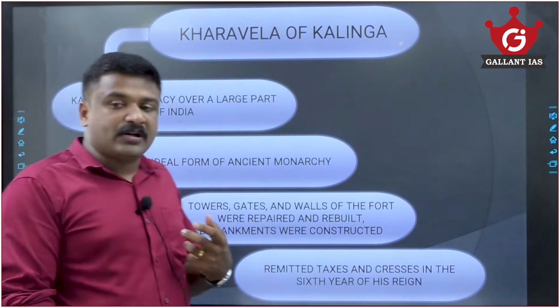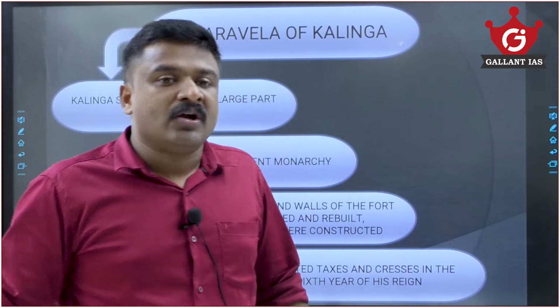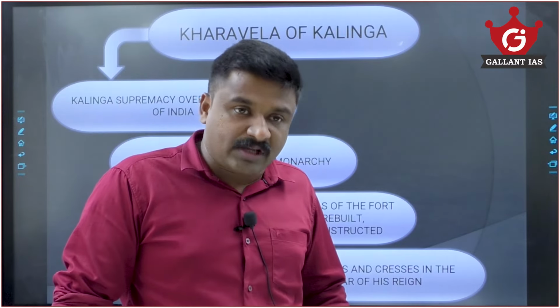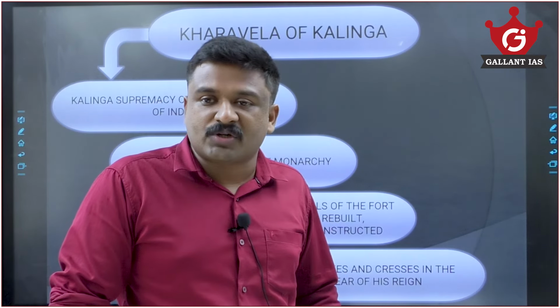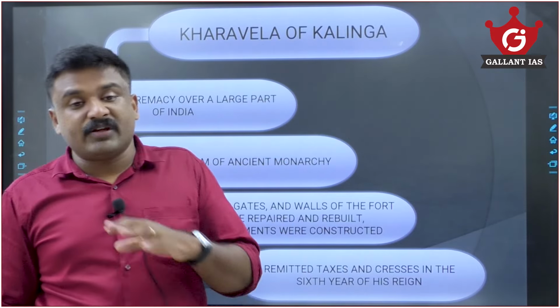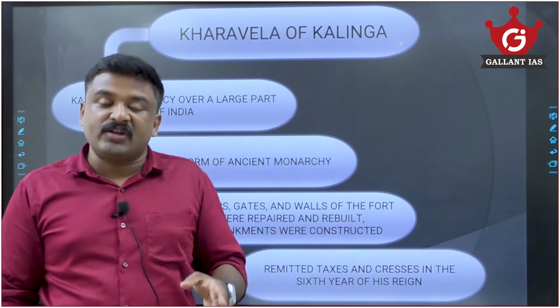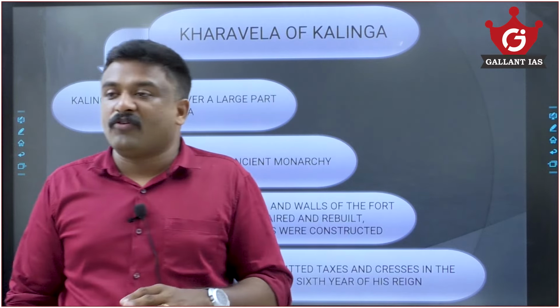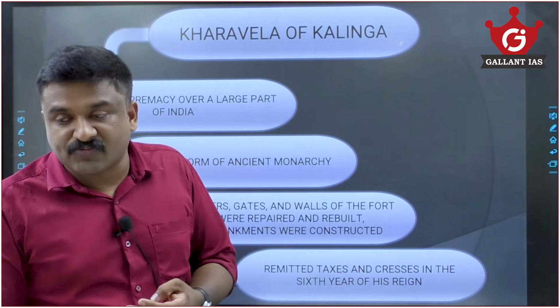Imagine that the people were supposed to pay taxes. Sometimes, when the state is so powerful and rich, financially sound, some concessions will be provided to the people with regard to these tax remissions. So the state is so strong, there is a very strong taxation system, and the ruler is known, on various occasions, for giving concessions to people, taking care of these tax concessions and welfare policies for the state and people.